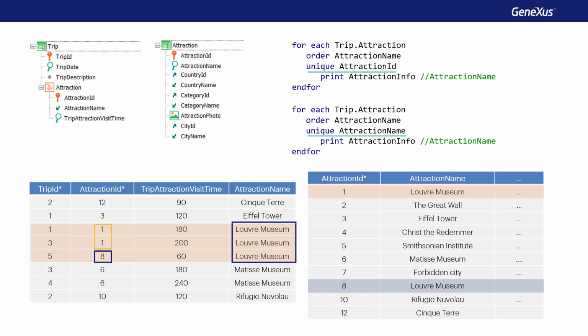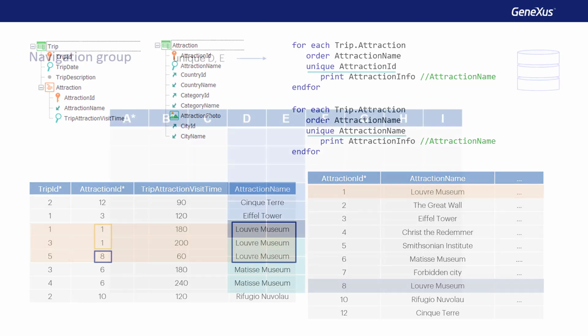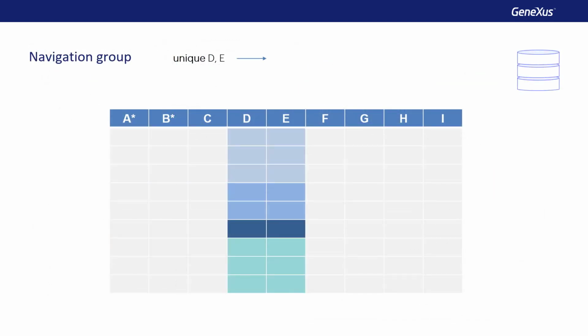If the unique index exists, then the result of both for each commands will be exactly the same, because this record 8 cannot possibly exist. In addition, we can not only keep one of the repeated records to do something with the information that doesn't vary, like printing it, but we can also run aggregation formulas on the repeated ones, for example, to count them.